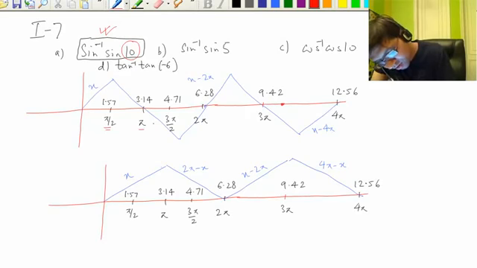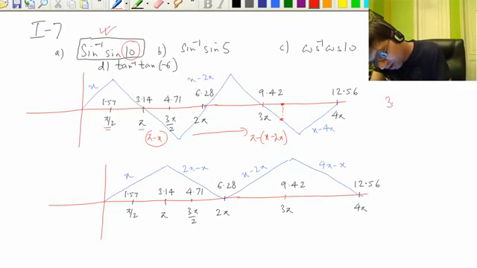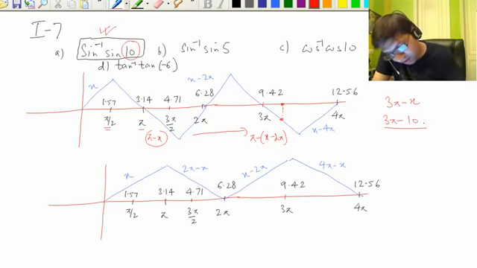And here the definition is, now you see, we know this definition, this is pi minus x. Now this definition pi minus x is shifted forward by 2 pi units. When we shift forward, we replace x by x minus 2 pi. So this definition will become 3 pi minus x. So the definition in this part is 3 pi minus x. We have to replace x by 10, so the value of this is 3 pi minus 10.